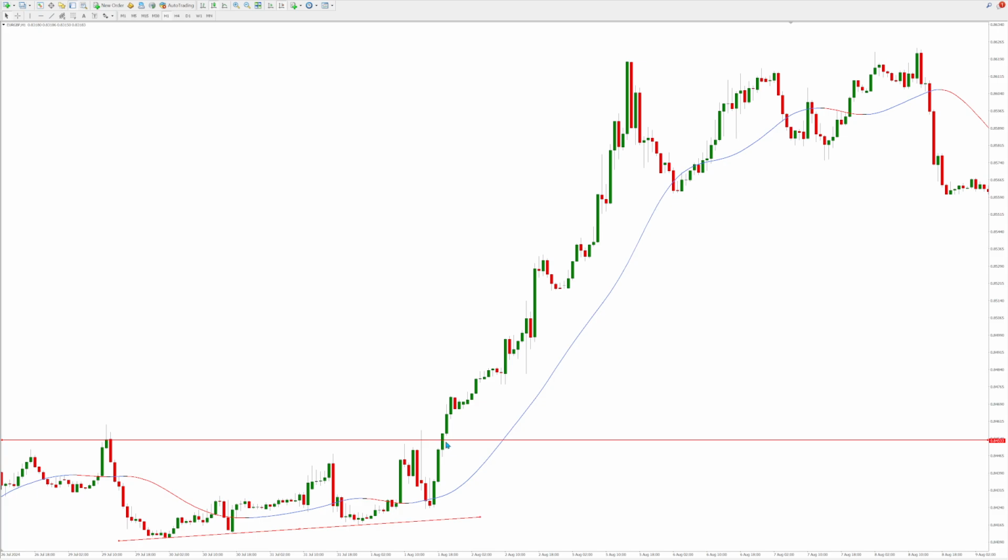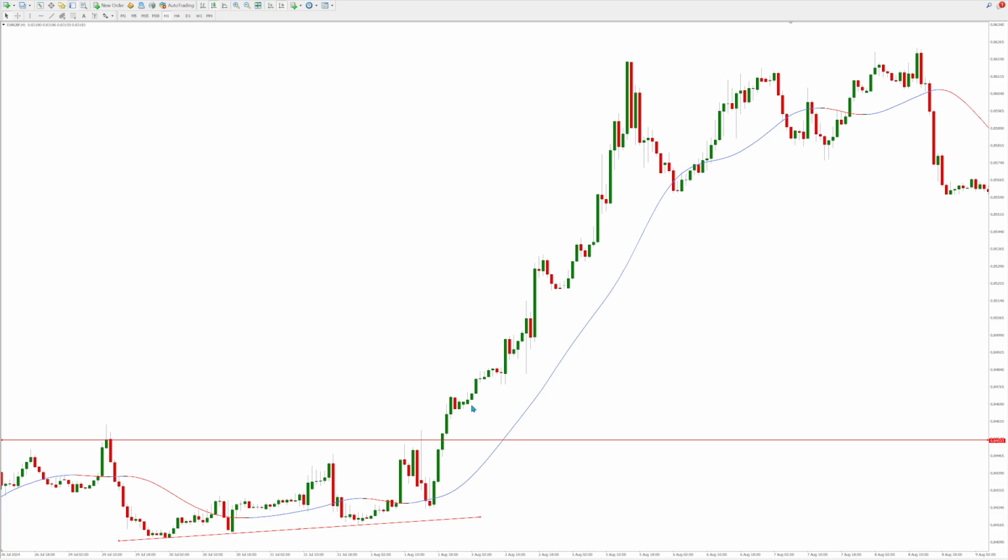If you don't want to risk getting in here, because there will be times when this will happen and the price will continue downwards. Okay, you can see here, this candle pushed above this resistance level, but price fell. In that instance, had our stop loss been below this low, we would have been fine. But if we just wait for confirmation, that can be the candle closing above, or just be patient and